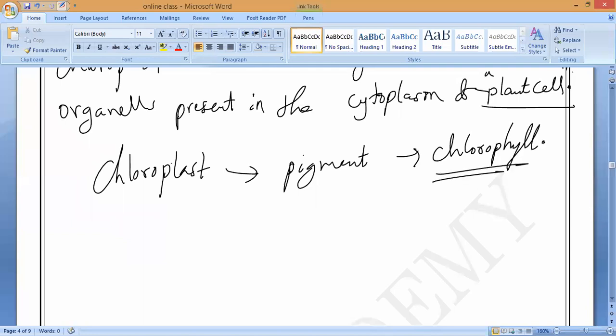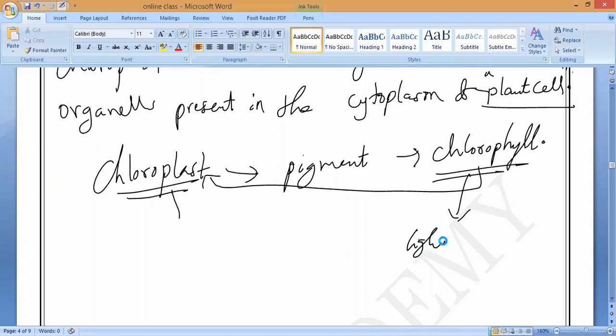Because of this chlorophyll, they look green. So hundreds of chlorophyll combined together we call chloroplast. So this chlorophyll will absorb light energy from the sun, and it will carry out